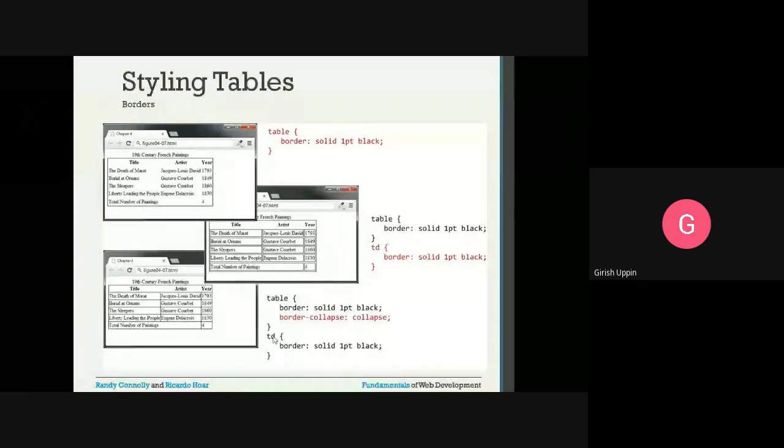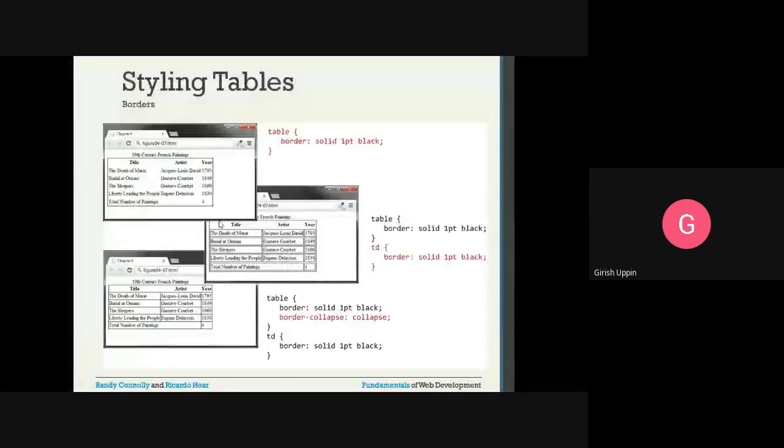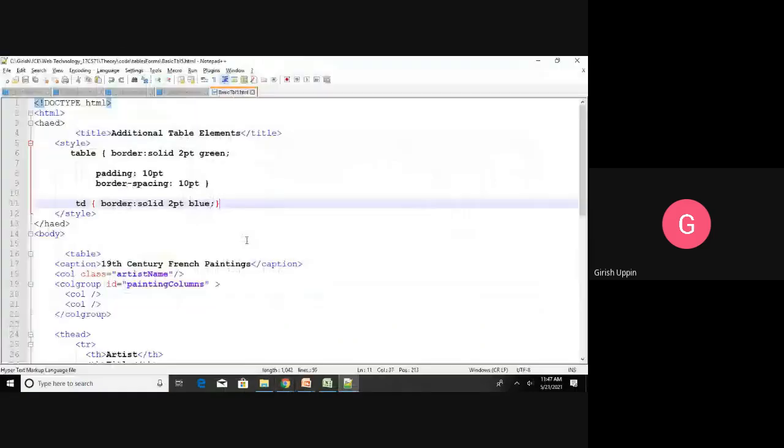Then we have for the table, right now we are seeing a table like this. Normally we don't want to see a line for each of these cells. Then we can do the collapsing of those borders. Then we will see it nicely. The property for that is border hyphen collapse colon collapse semicolon. That is applied for the table. I will add that particular style.